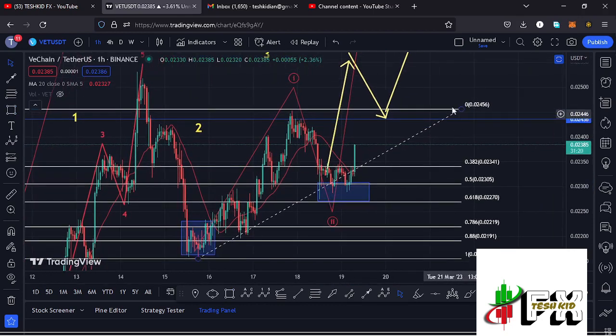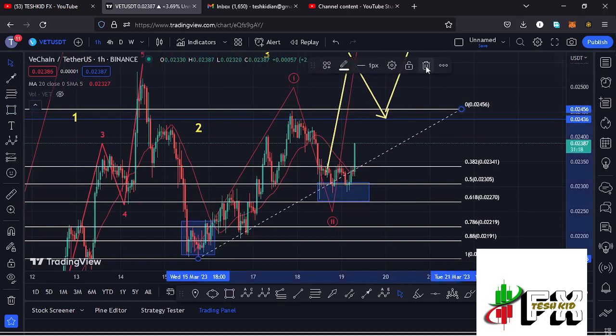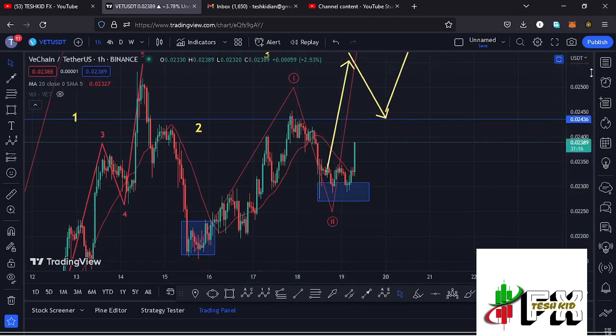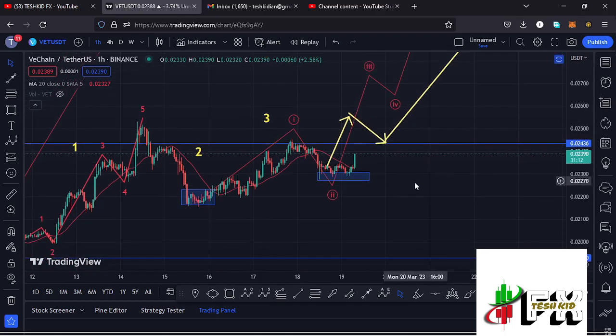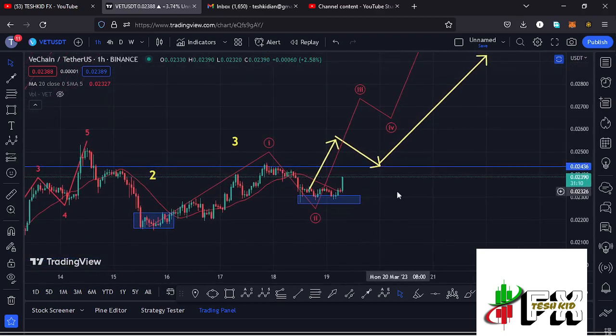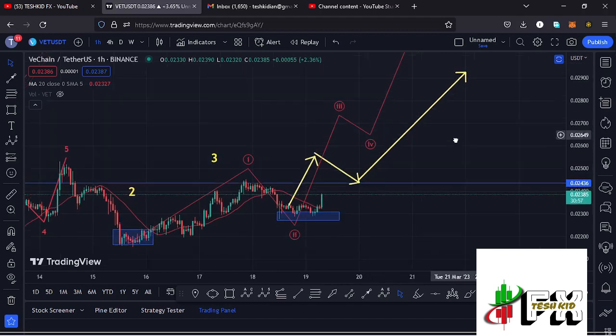And I believe that whatever we are seeing at the moment, which is so impulsive here on the Vechain chart, is the start of this wave 3 to the upper side. And you can see that at the time of this recording, we are now trying to battle out a key area of resistance at around the $0.02436 mark, and the moment we manage to break above that, then I'll be watching for a successful retest, and once the retest is in and a success, then we can continue gearing up